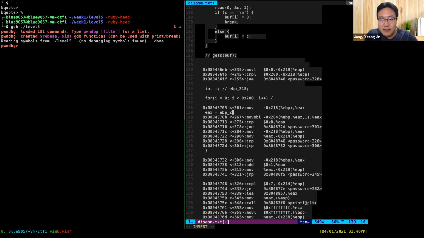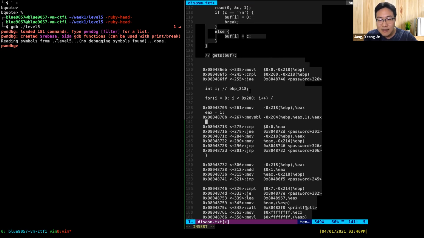And then EAX is EBP minus 218. That's the I. And then this one. So EAX will store EBP minus 204. This is a buffer. And then EAX is I multiplied by 1. So we will just read the character at position I to EAX. And then we will compare